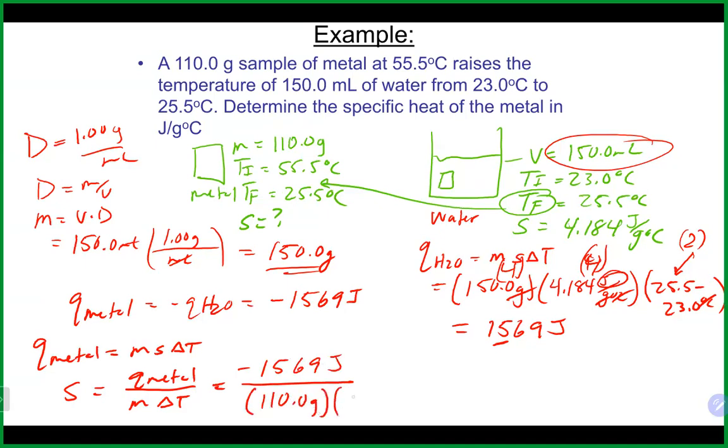And once again, also important, final temperature, in this case, 25.5, which is where it ended up. Started at 55.5, going to give us a negative number there. That's going to turn our specific heat capacity into a positive number. So divided by 110 and divided by 25.5 minus 55.5. Going to give us